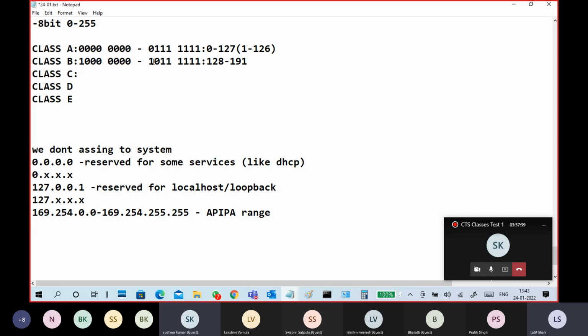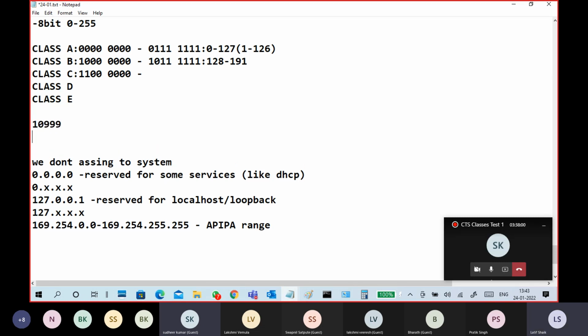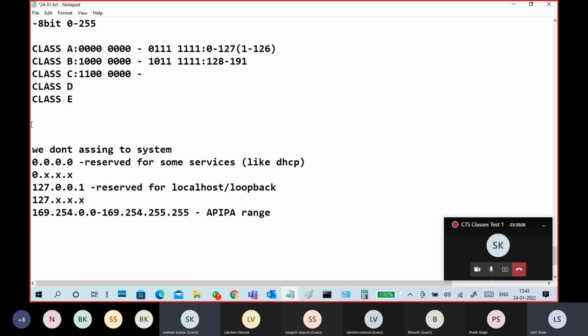Next, the next number of this one is like this, 1100. Guys, it is nothing but a numbering system. I am just writing it in binary, but it is a numbering system. Since this is a 0, this 0 becomes 1. That's it. Like 10,999, what is the next number? 11,000, right? Same concept.